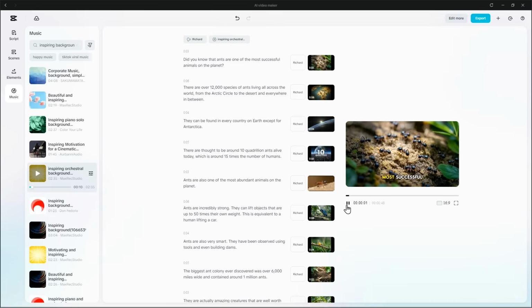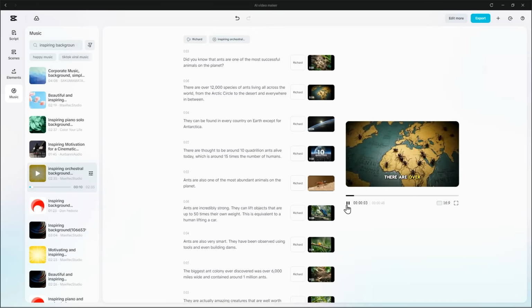Did you know that ants are one of the most successful animals on the planet? There are over 12,000 species of ants living all across the world, from the Arctic Circle to the desert and